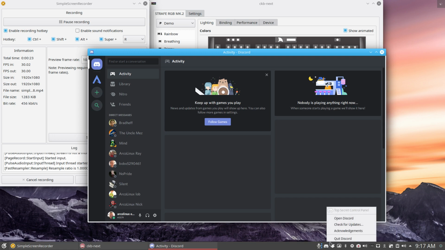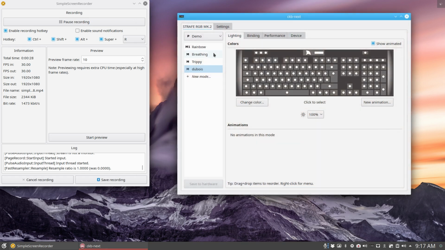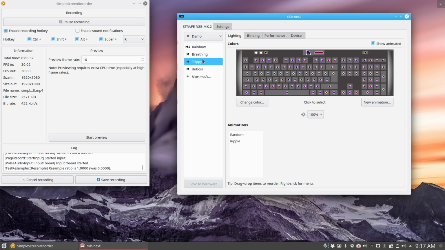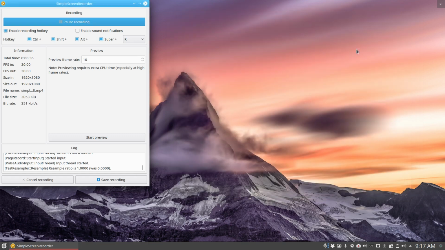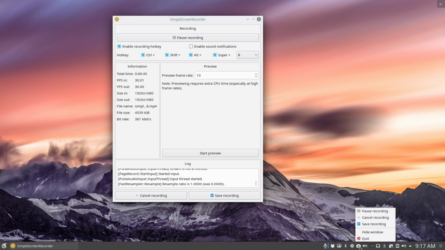I have some difficulty getting to Discord here. This is CB Next, so that's my machine. I have a rainbow. It's breathing now. It's rippy. So let's go for breathing these days, unlike that one. So that's my keyboard set, and this is already recording now, so you can go to the bottom somewhere and